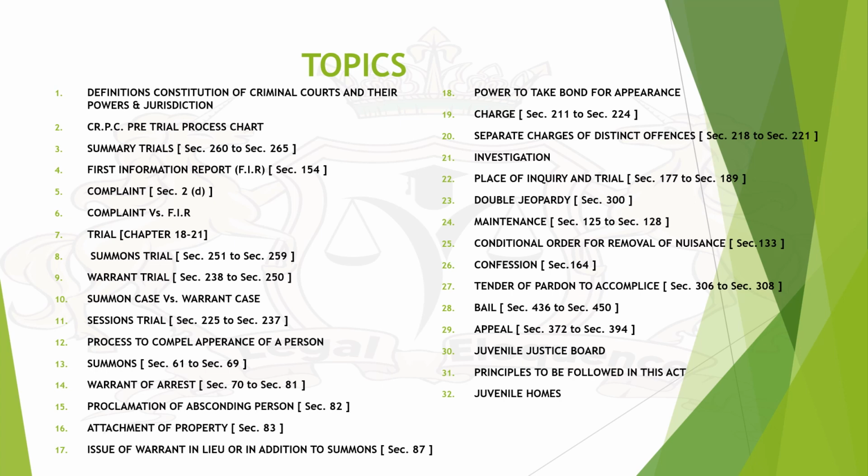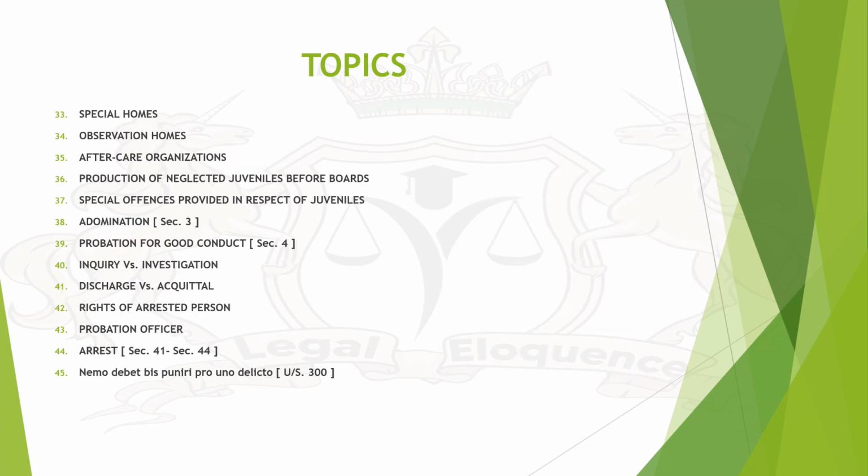to Section 308, bail, Section 436 to 450, appeal, Section 372 to Section 394, Juvenile Justice Board, principles to be followed in this Act, juvenile homes, and other topics are special homes, observation homes, aftercare organizations, protection of neglected juvenile before court, boards, special offences provided in respect of juveniles,